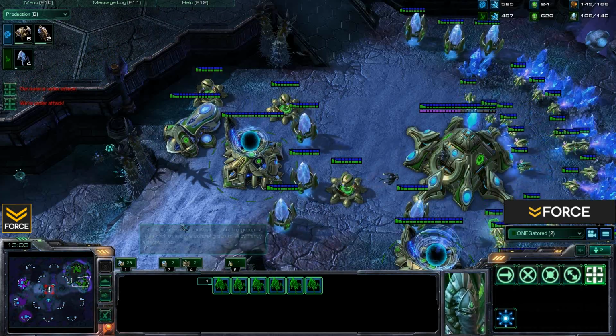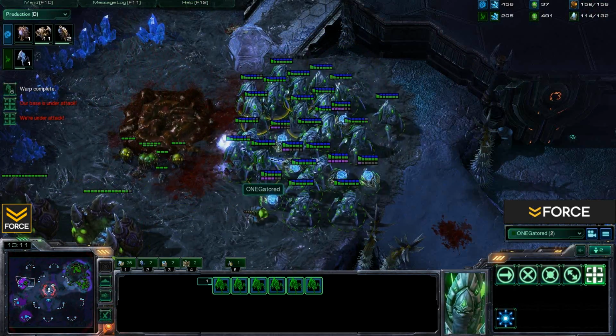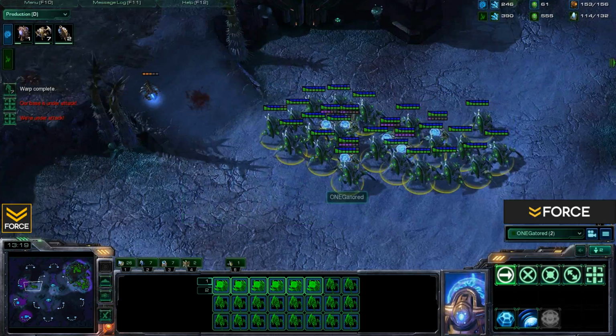You have the option of warping in sentries in your main to try to delay that. The other thing, too, though, is if he does invest in the counterattack, that just provides you access to go straight into his natural and his main. So you can see the third has been taken out pretty easily with all those sentries for the force field